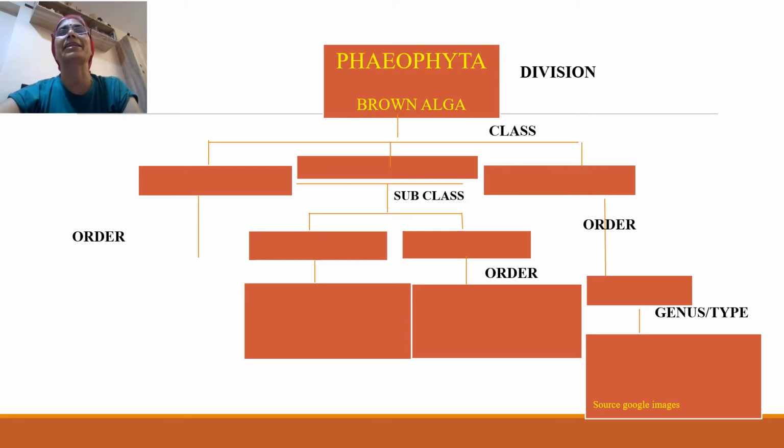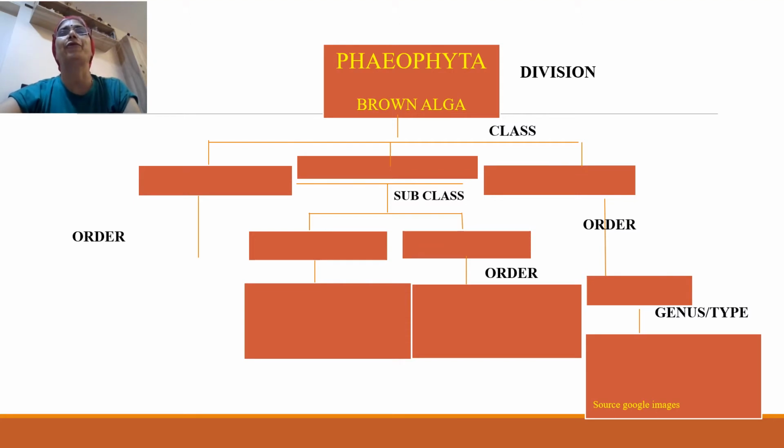But what are the characteristic features of Phaeophyta? It is called brown alga. What are the pigments present? Chlorophyll A, chlorophyll C, chlorophyll B is absent. In Chlorophyta, you could see chlorophyll A and B, but here you have chlorophyll A and C, and B is completely absent. Alpha and beta carotene, diatoxanthin, flavoxanthin, fucoxanthin, lutein, and violaxanthin. These are the pigments present. In Chlorophyta, you had reserve food material, starch, but here it is laminarin, mannitol, and oils.